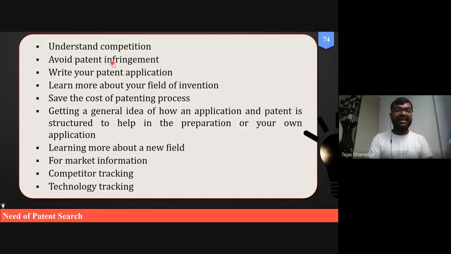It is considered patent infringement, where duplicacy, plagiarism or similarity is found in two different patents. That's why it is suggested you should write your own patent application, which can save the cost of the patenting process. Because you have seen that if you want to claim excess claims, you have to pay an additional 1600 rupees for each excess single claim.